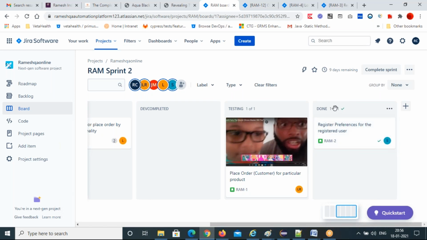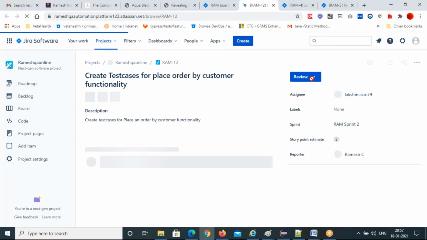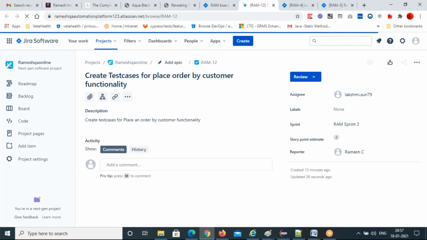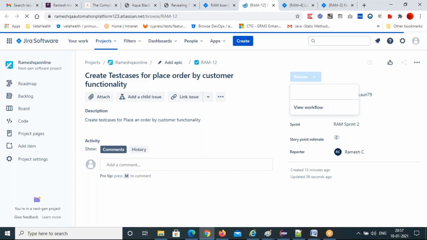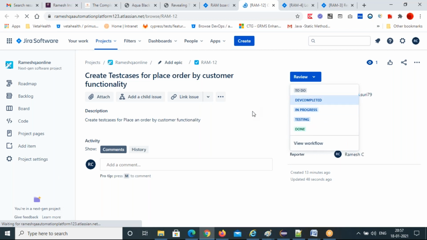So automatically the status will change here. You can go there and the status will change. So refresh it. That's done. You can change it to review, and you can close. The status is changing. First it was in to do, then in progress, now in review. Then you can close it. See, done. You can change it to done. So these are the different statuses in the Jira tool.